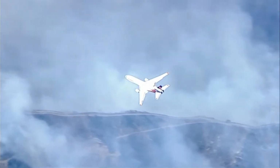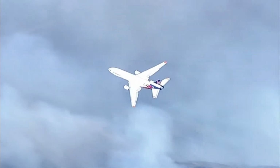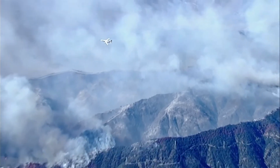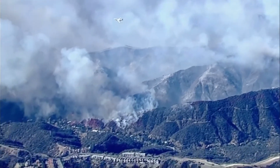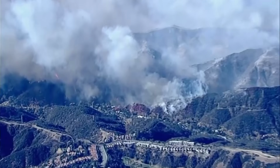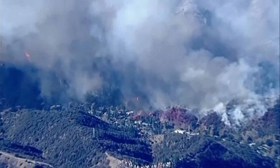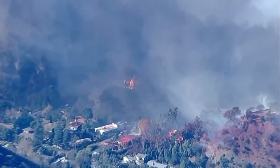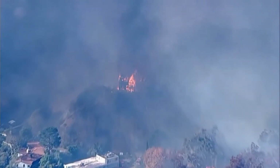It might be making another pass, trying to figure out the area of need right now where fire retardant needs to be. It's a little bit low in the canyon, a little bit obscured by smoke, so that tanker pilot may be weighing his options right now to see where he can actually affect a drop, and if he can even affect a drop that low in the canyon where there's still a lot of